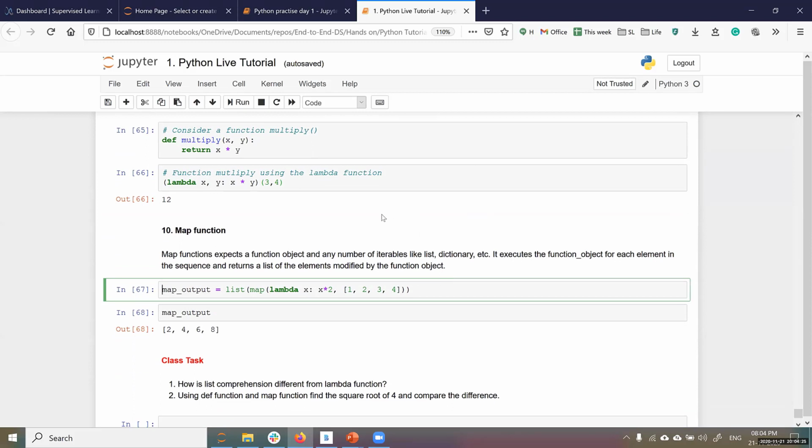Similarly there is the map function. Map function is like iterating a function over certain inputs. Let's say you have lambda x: x square and you want to execute this particular function multiple times over a list of inputs. What you can do is quickly write map, write the function, and then pass the input. So each element is passed into this function and all of it is returned as a list. So map function is like you can map two variables. You can execute a function over multiple variables, something like that.